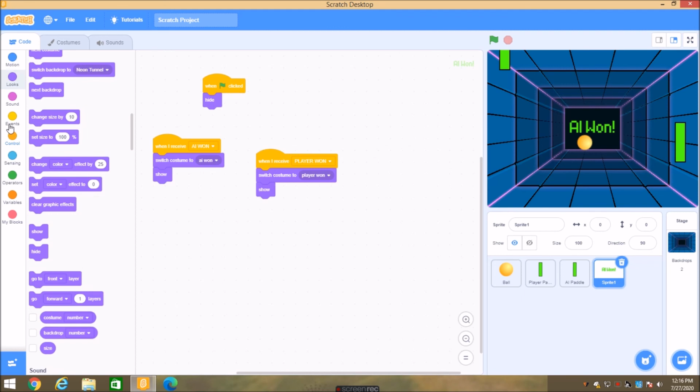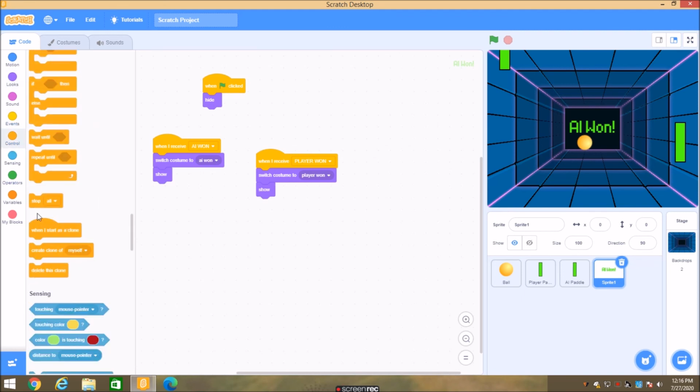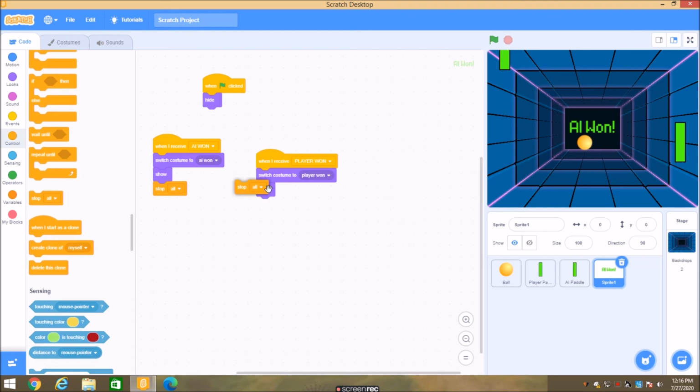So for that we need to use stop all from the controls, so that whenever the ball passes through, the game stops. Okay, so AI1, and now it has stopped the game, and it is showing AI1. Yes. I guess now our game is complete.